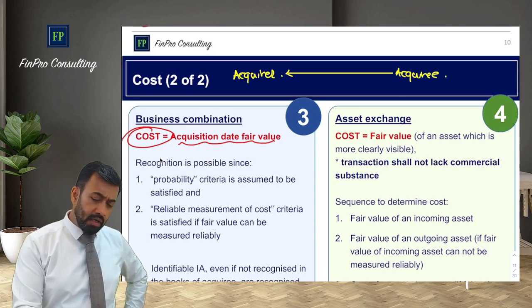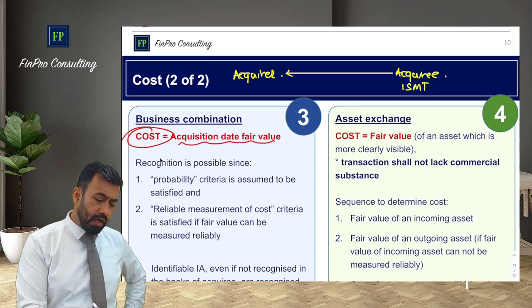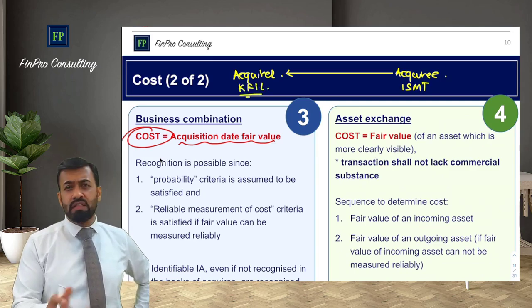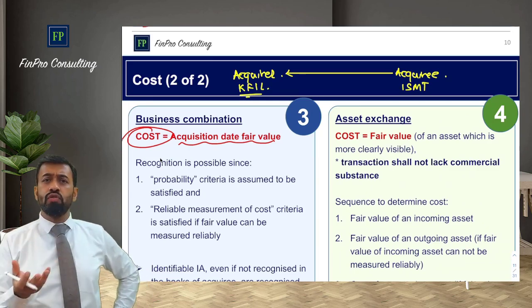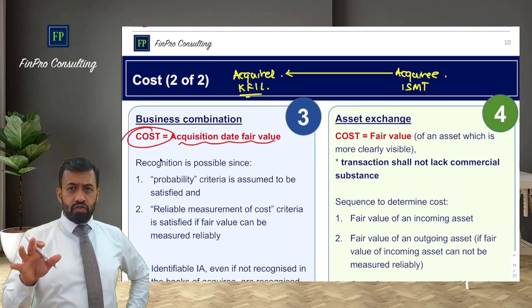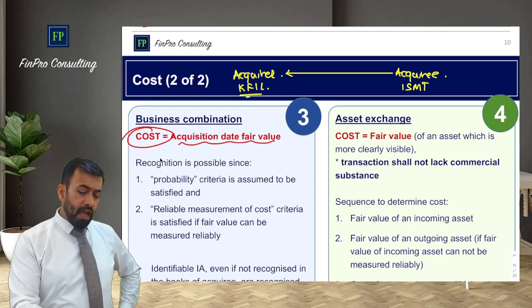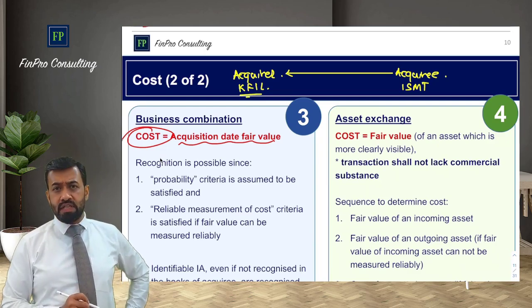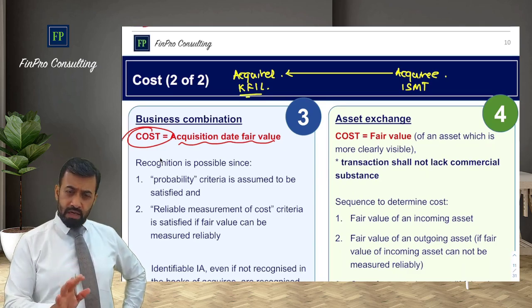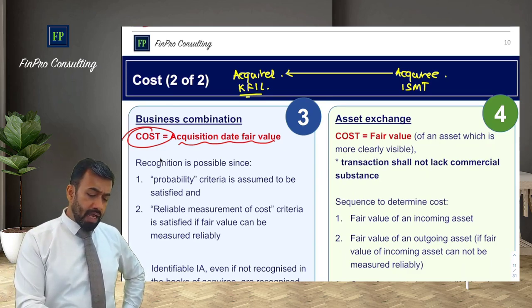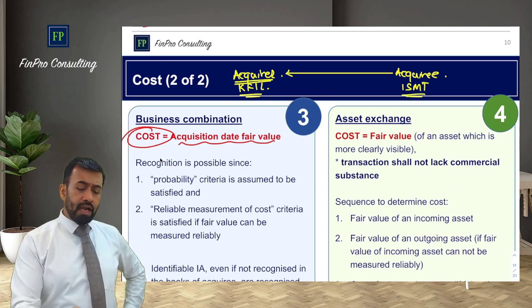Recent transaction I'm telling, let's say there is ISMT, which is an acquiree, and there is KFIL, Kirloskar Ferrous Industries Limited. Both are listed companies. This transaction is also there on the stock exchanges and in the public news. You can read about this. KFIL acquired a 51% stake in ISMT. So it becomes the acquirer and ISMT becomes the acquiree.